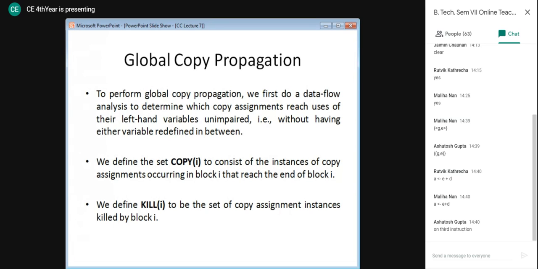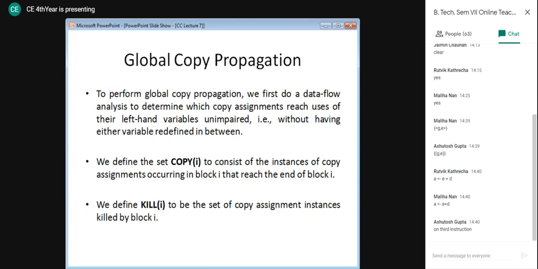So if there is any change in the variable, then it is not satisfying our criteria. Now for applying global copy propagation, we need to work with two sets, that is copy and kill. This is very similar to the concept of eval and kill which we used in the previous transformation. In the same way, we need to define these two sets.